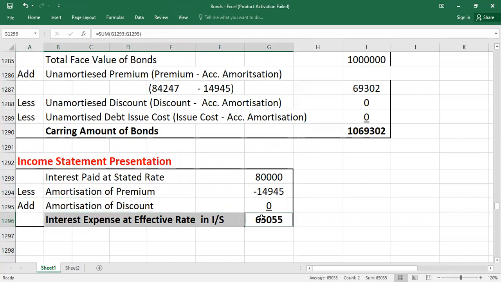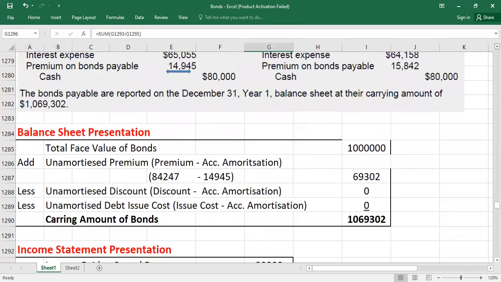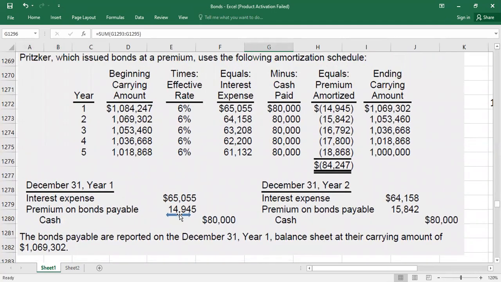That is why in the shortcut I told you above, you can simply take this value, the interest expense at the market rate. You can look in the table. This value should be reported as expense. But how do we calculate it? We take the cash payment minus amortization of premium, which equals the interest expense in the income statement. You might have a case of discount also. Discount I will cover in the next video, otherwise this video will become very long.